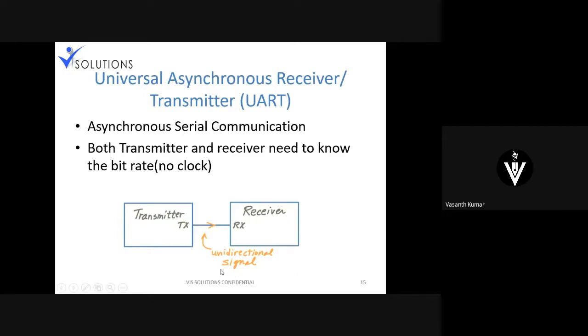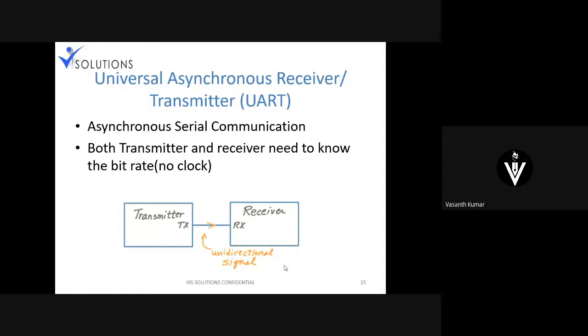Maybe at a later point of time I want to send 32 data parallelly. So 32 connections I'm supposed to make. This is a parallel connection we usually come across. So you can parallelly have an individual connection between a transmitter and receiver and send the data whenever you feel like sending.